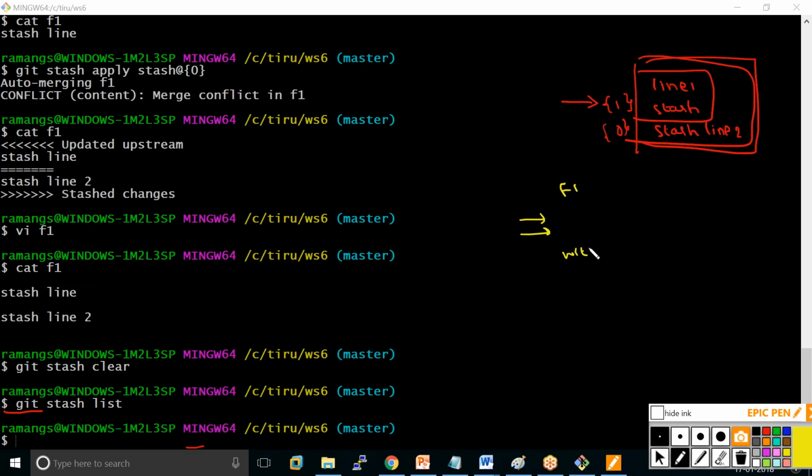Without git add and without git commit, if you have performed this, you can't do anything with stash. For that we have a separate way of recovering. If you have made a change and that change is not committed, you can revert the uncommitted changes. The key thing is that you can revert the uncommitted changes